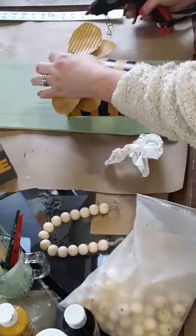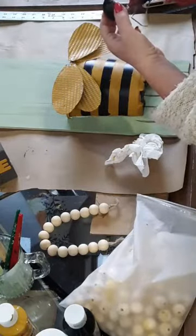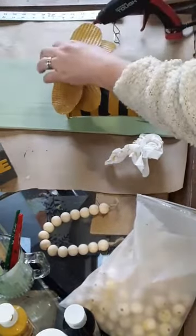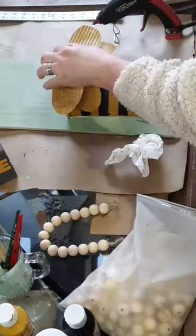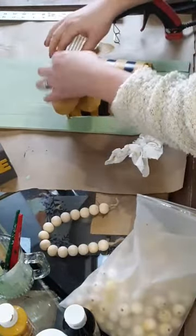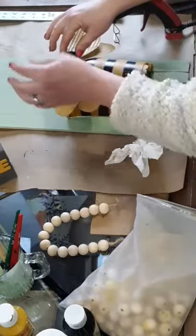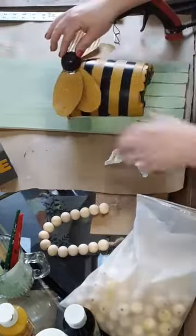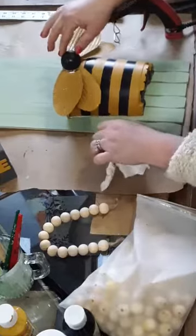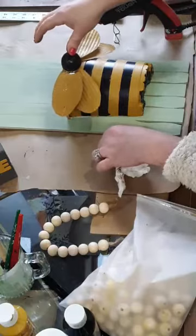They love our garden. Okay, so I'm just going to put some glue on either side here where it's going to touch. And I put quite a bit. And if it's too much, then you can just wipe it off. Oops, went too far over there. Uh-oh. I just messed up my yellow paint. Uh-oh. That's okay, I'll fix that. I will fix that, no problem. And my black isn't dry, so I'm still...